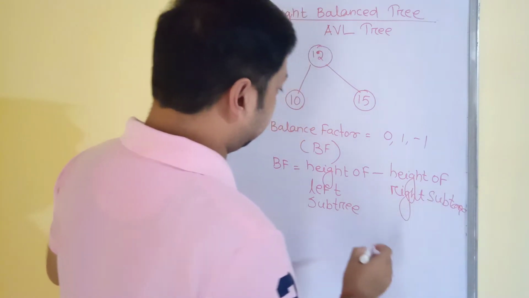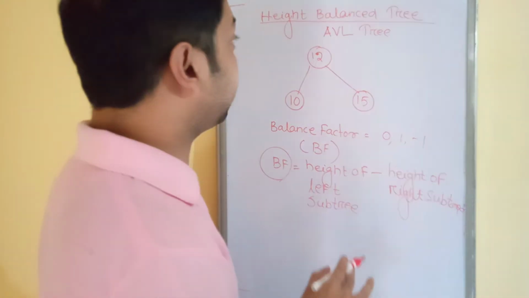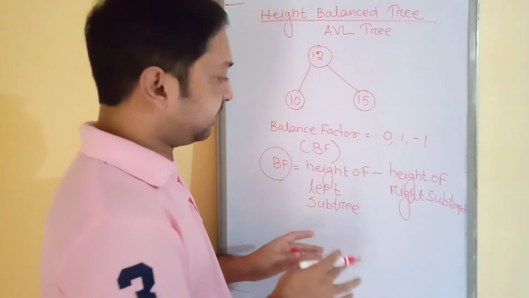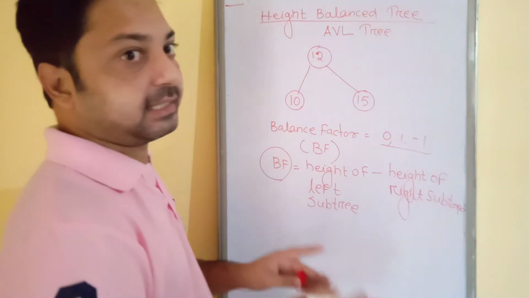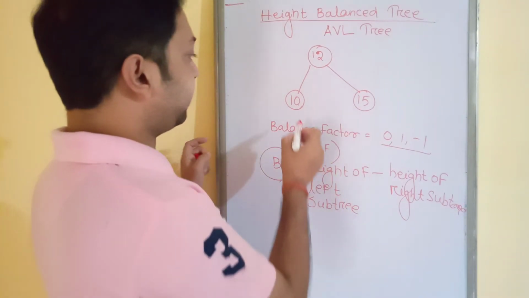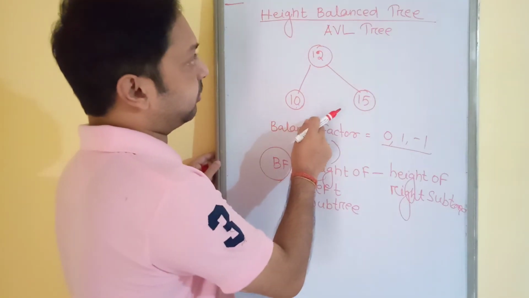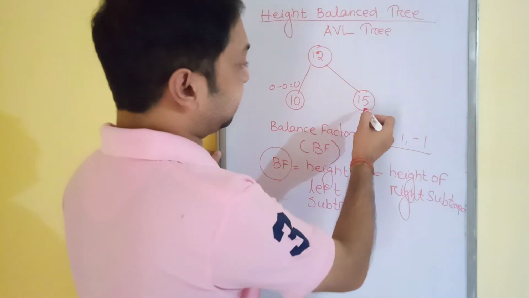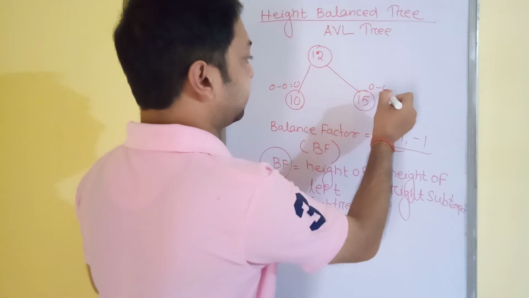So if the balance factor value is minus 1, 0 or 1, then your tree is known as a balanced one. And if all the nodes present in a tree have a balance factor within this range, then you can tell that your tree is balanced. Otherwise it is imbalanced. So let us try to find the balance factor with this one. If this is 10, in the left part no other node is there, in the right part no other node is there. So this is 0 minus 0, that is 0. Similarly in this case, no node is present on the left-hand side as well as on the right-hand side, that is 0.